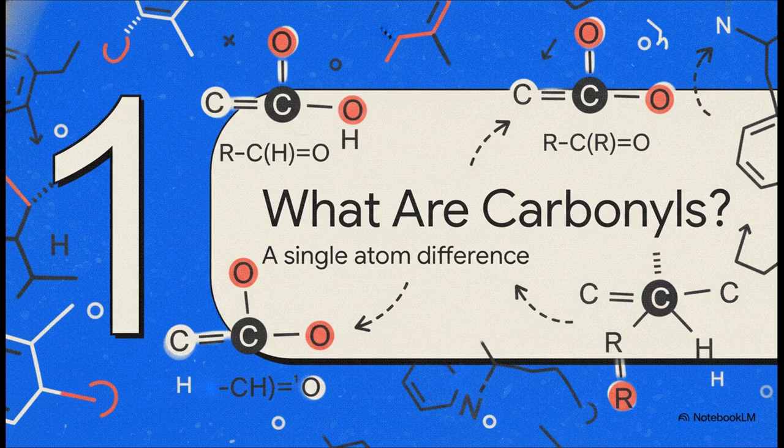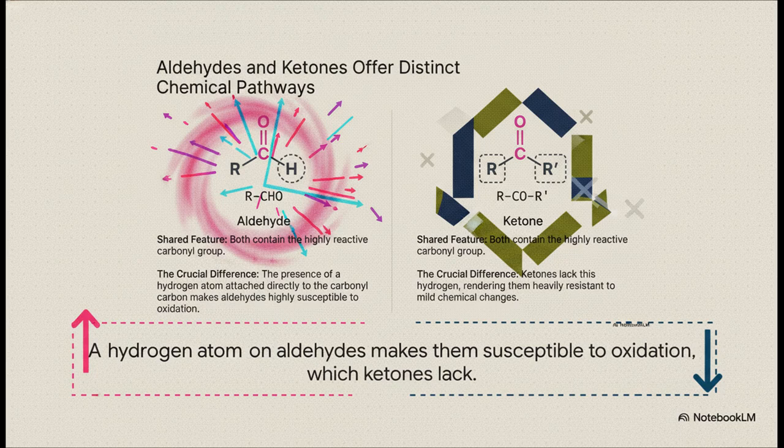Okay, so first things first, what are we actually talking about when we say aldehydes and ketones? Well, it all boils down to one single atom that makes all the difference. Take a look here. They both share that same core feature, a carbon atom double bonded to an oxygen. That's the carbonyl group. But look really closely at the aldehyde. See that hydrogen atom? It's attached directly to the carbonyl carbon. Ketones don't have that. And that one little hydrogen atom, that's the whole story. It's a weak spot, an Achilles heel that makes aldehydes way more reactive, especially to oxidation, in a way that